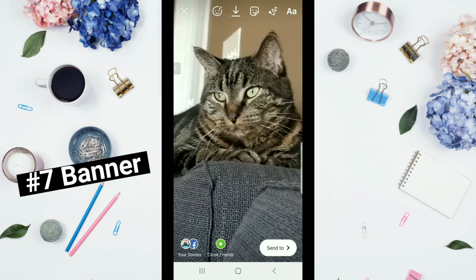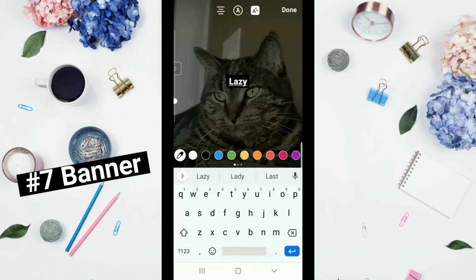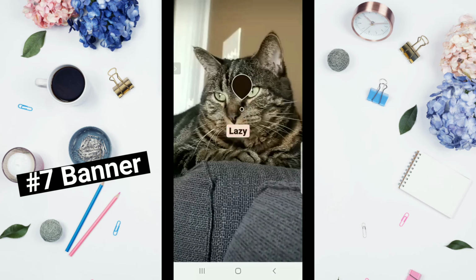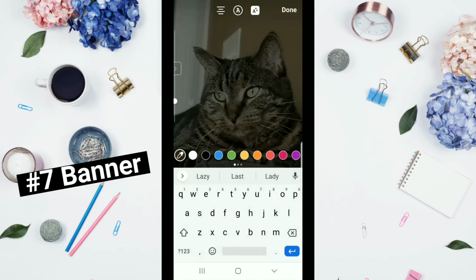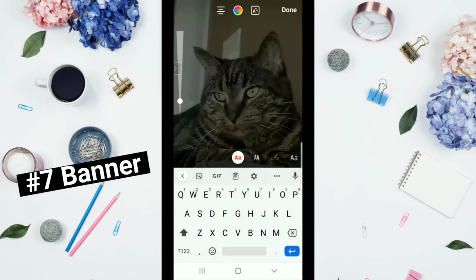Okay, so this one is going to actually give you what I like to call a little banner effect on your IG stories. You're just going to head over and type out a word. So I'm just going to type in lazy first. You're going to hit the background color to change the background color, and then I'm going to actually change the color of this. You can also use the color picker tool, that's what I call it, if you want to get a color that matches your photo. Now what you want to do is enter a bunch of spaces before this word to give you a nice long letter, and then you can take right here, put that in, bring in your next word,